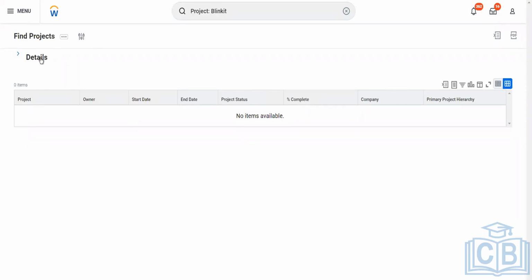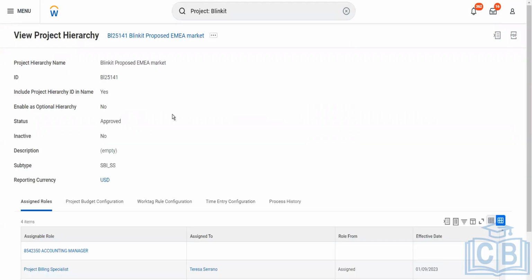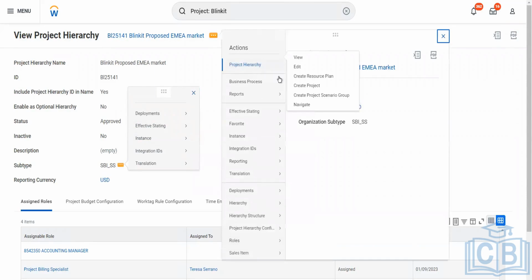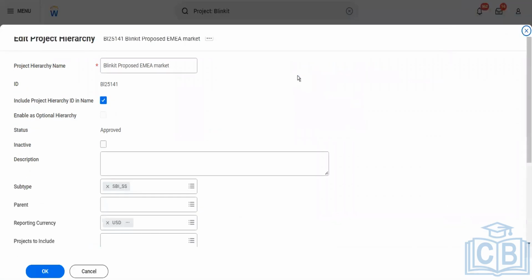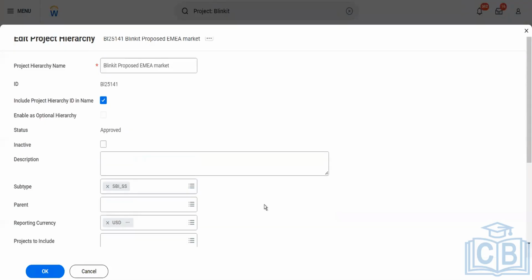No, it will come. This subtype SBI, this little operation by SBI says. And what was the other one? They had it. One was SPSS and one was C1 cat. And CBA says,